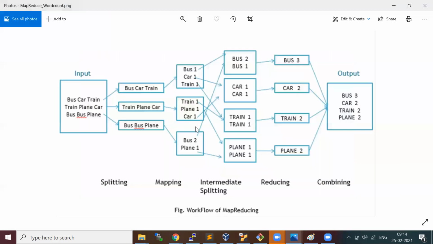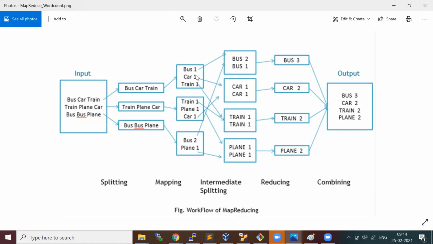In our case, this line is coming to the map method of your mapper. Then we split by words, and we are sending a counter, right?